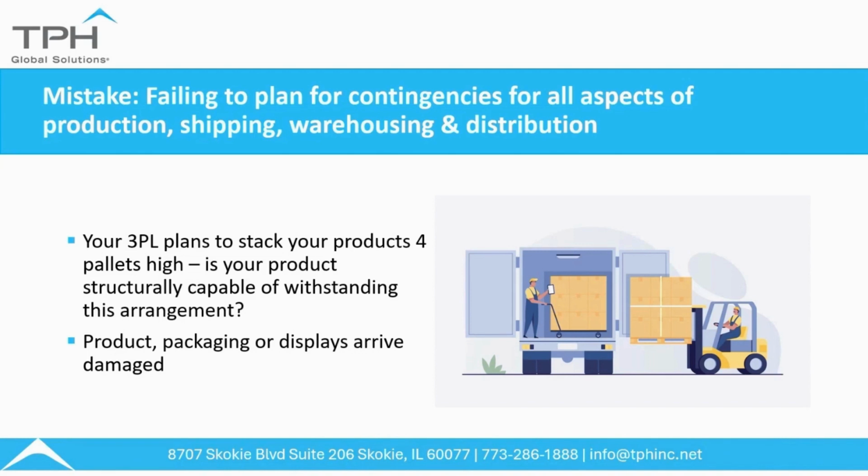When the product is stored, how is the product going to be stored in the warehouse? How is it going to be handled? Is it going to be handled with forklifts or clamp trucks? And not preparing for all of the rigors of distribution and handling so that your product arrives alive and you have that aha moment. So it's really critical that you have a soup to nuts understanding of how your product's